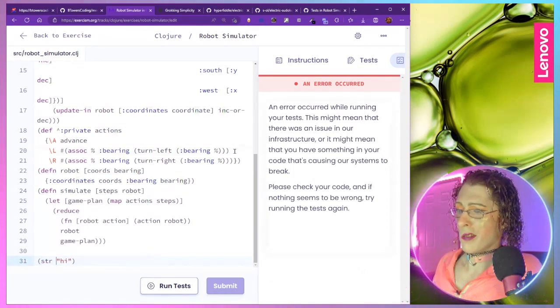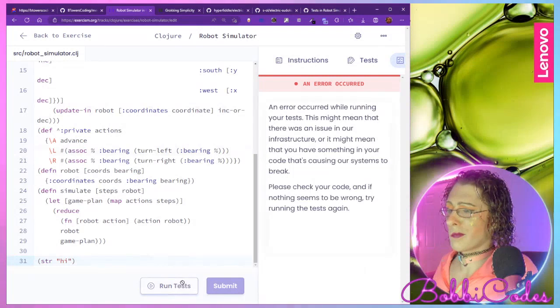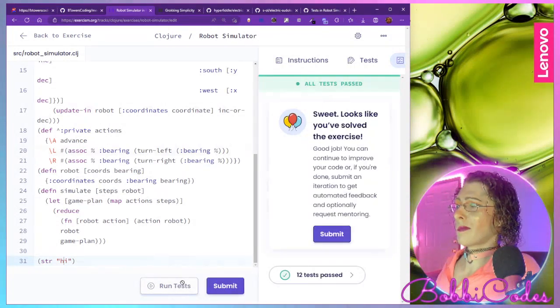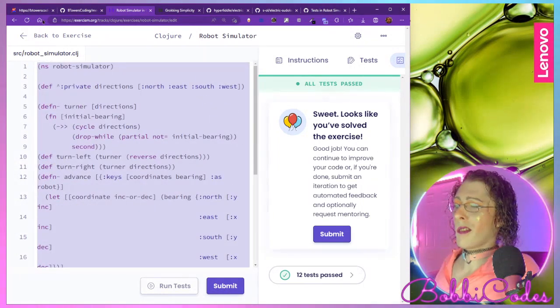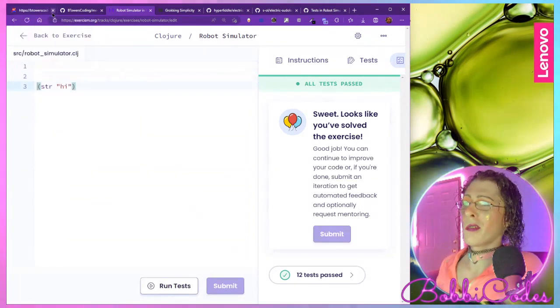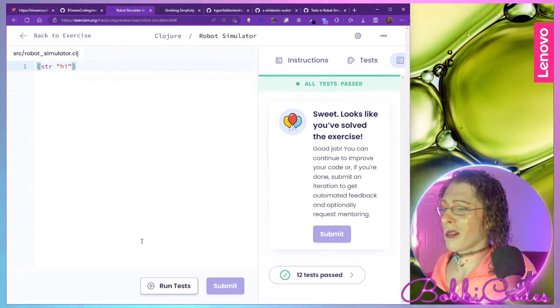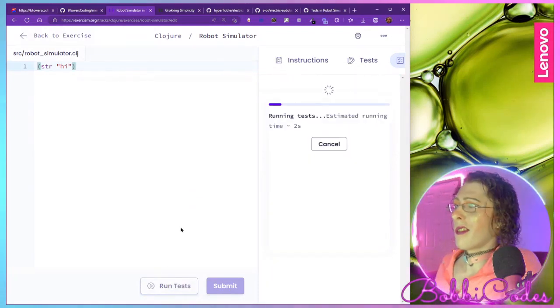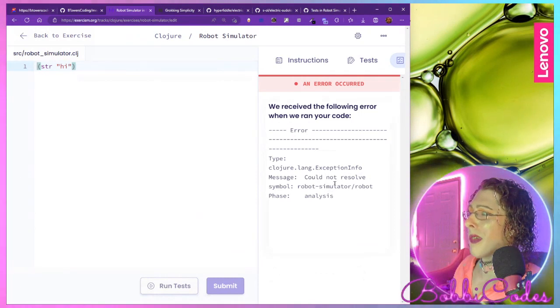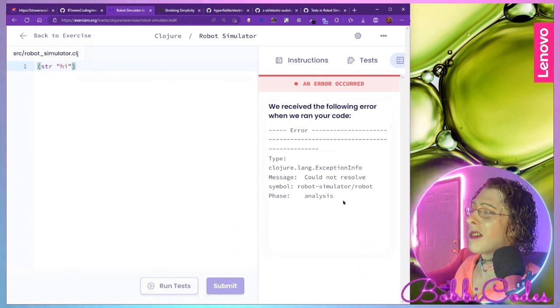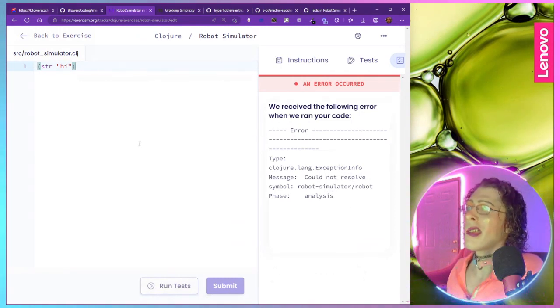What if I just have the string? Let's say I have no code. I don't want it to pass. I want it to, yeah, that's interesting. We get no, oh, because